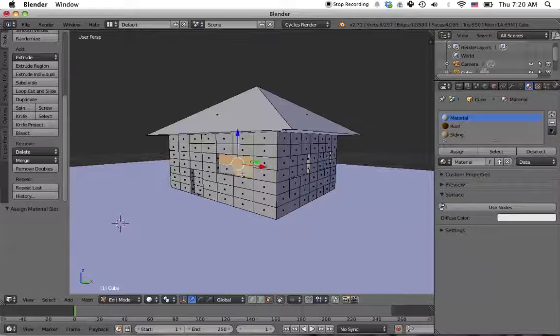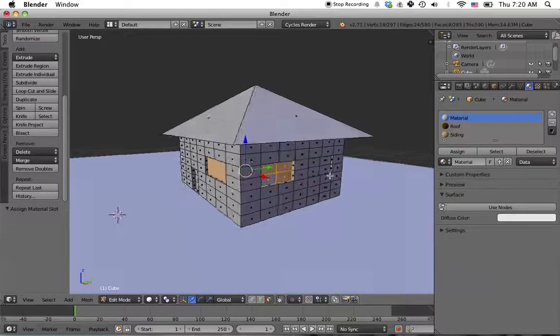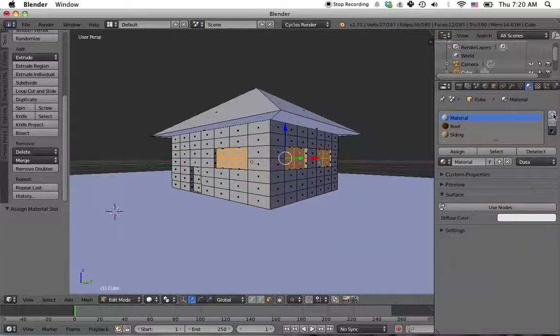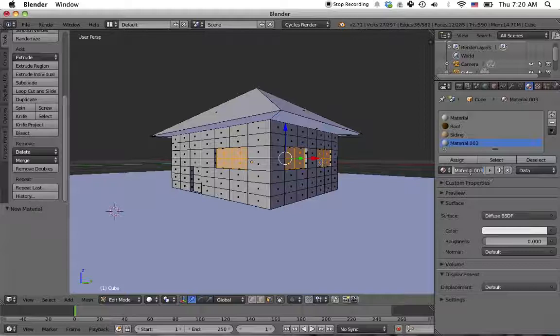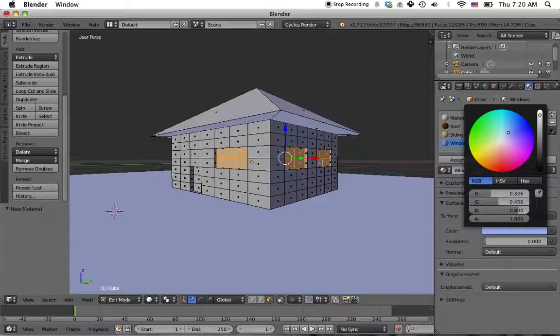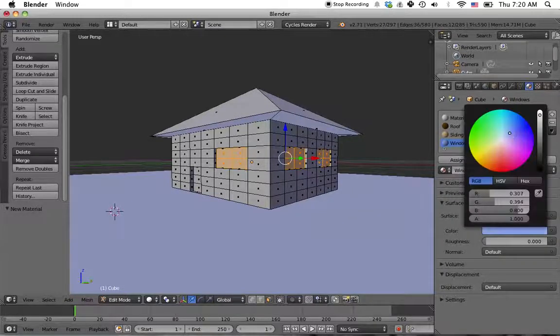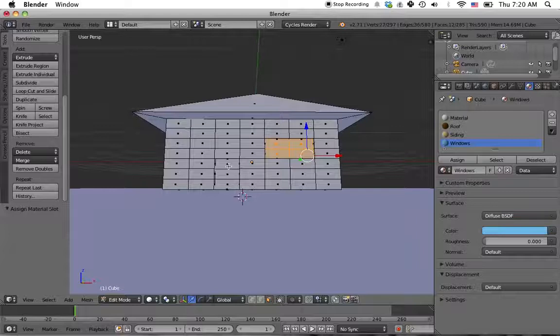Alright, now we'll select our windows. Okay, we'll create a new color. The plus here, and then new. We'll call this Windows. And this one we'll make like a light blue. Alright, well, that's not blue. There we go. And then click Assign, and then we'll select our door,